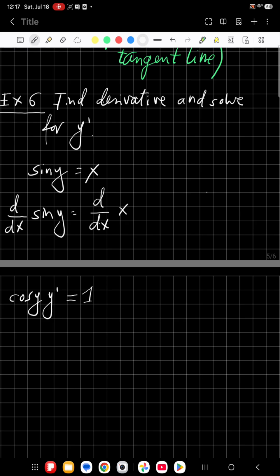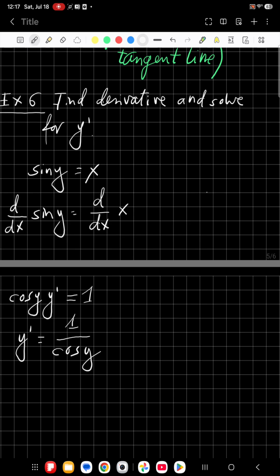Now solving for y prime, I have 1 over cosine y. Okay, so we solved it, but